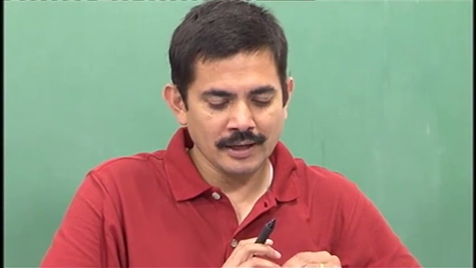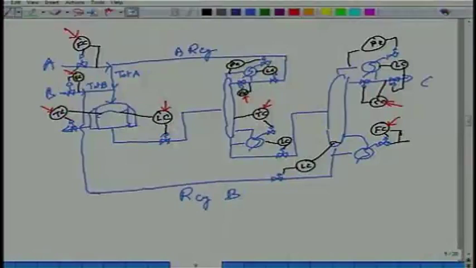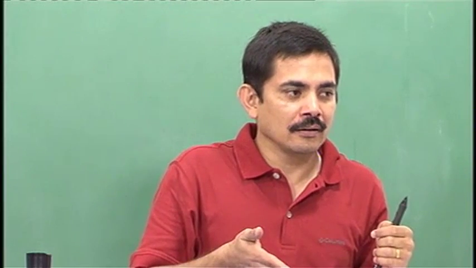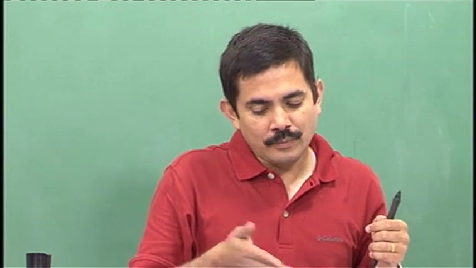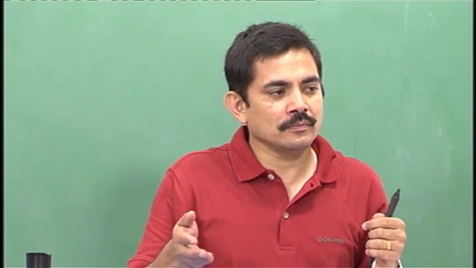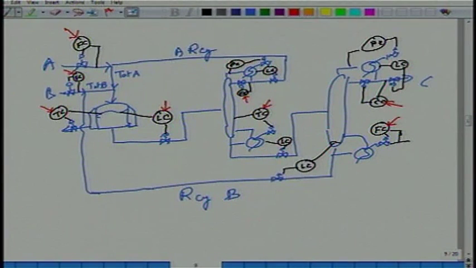Of course, that is true, but what will happen? How will I know that I am putting in more A? That's the question. How will I know in a tank that I am putting in more than I am taking out? By looking at the level. Previous process, how will I make out whether I am putting in more A or more B? By looking at the composition. In this process, if I am putting more A than B, but steam is being used to control temperature, so there is something fundamentally different here.